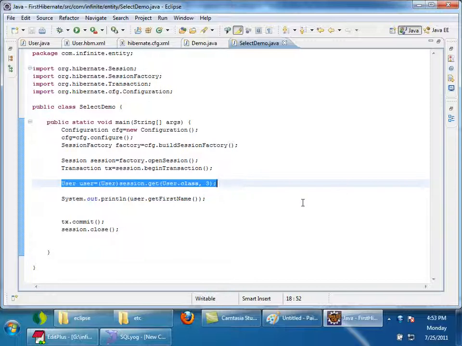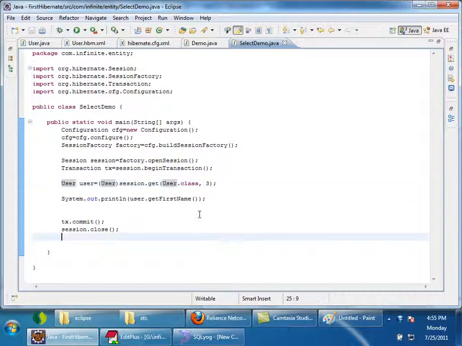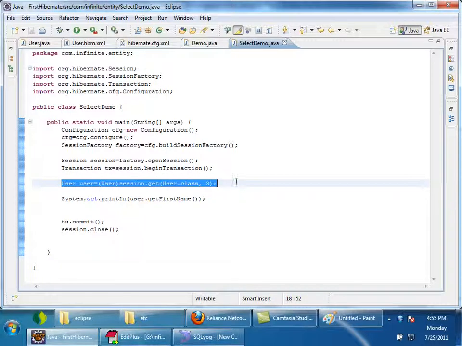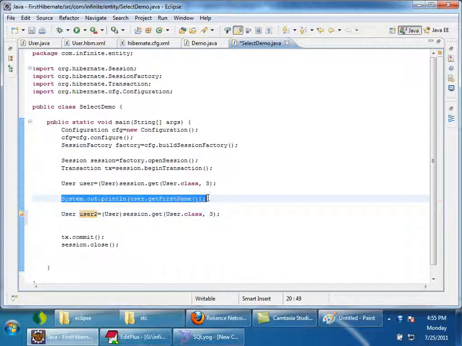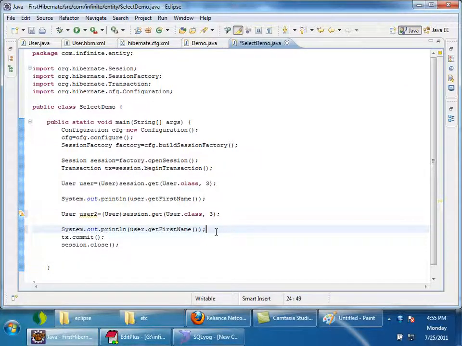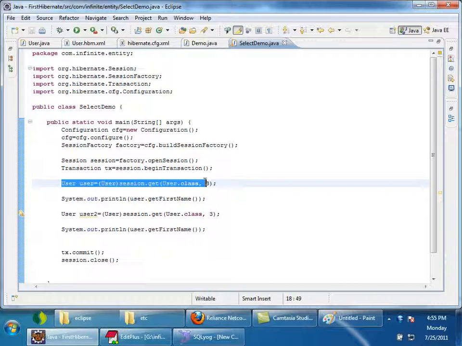Any doubts? I have a question here. I said whenever I use session.get, it will fire a select query based on primary key, right? Now just tell me how many queries will be fired in this scenario. I am calling session.get for user with 3.